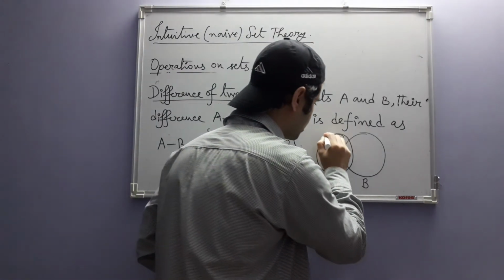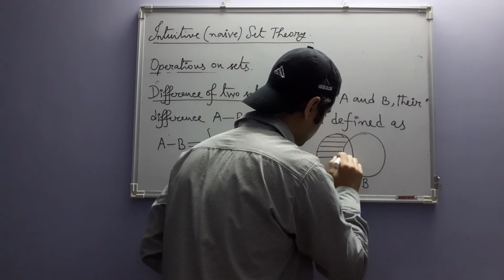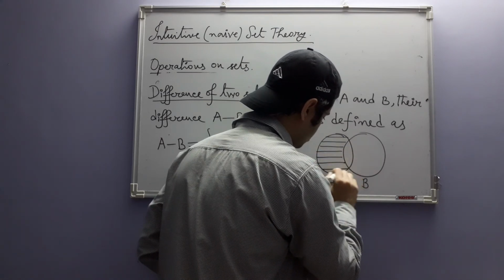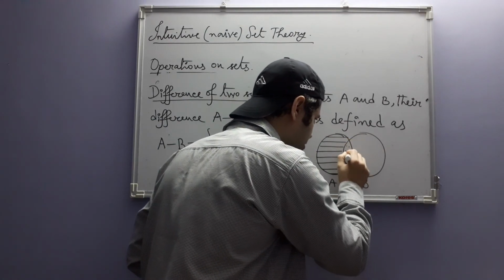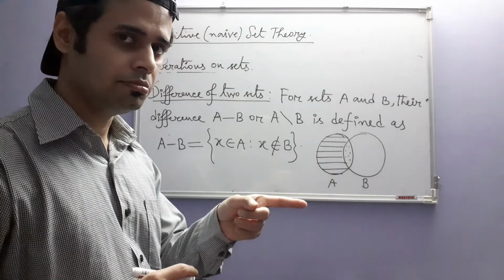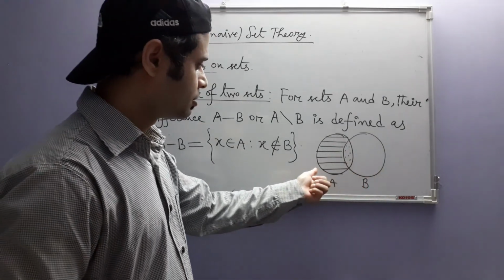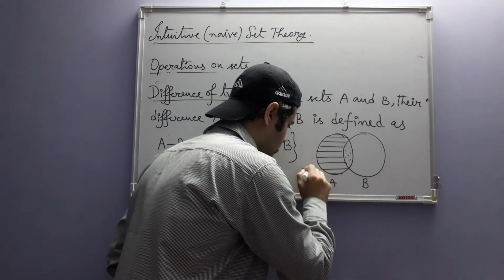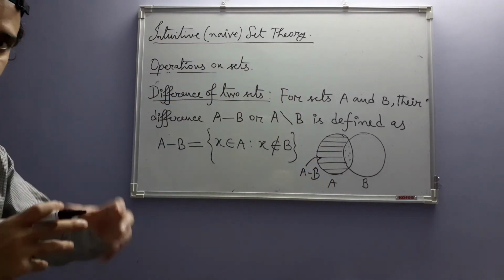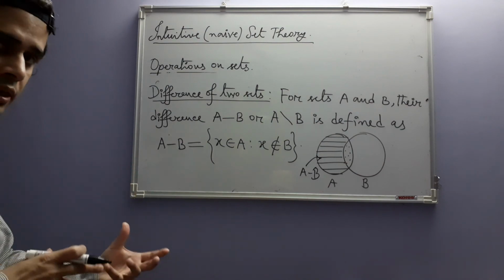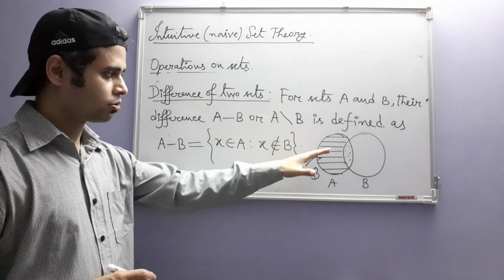That means this part. In this part, we have elements in A which are also in B. In this part, we don't have any element of A. So this is A minus B. The elements which are only in A but not in B, they constitute A